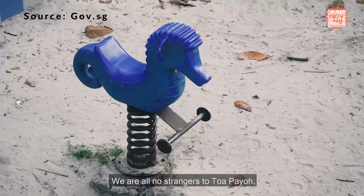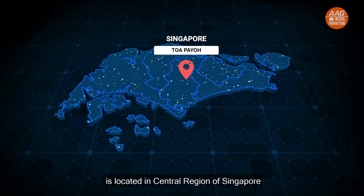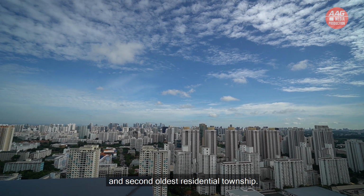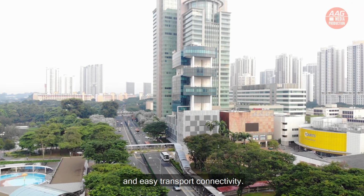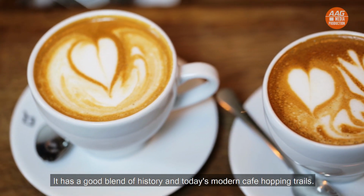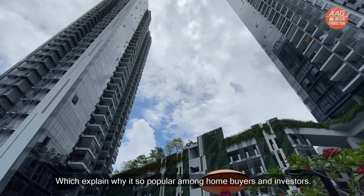We are all no strangers to Toa Payoh. It is located in the central region of Singapore and is the second oldest residential township. Fully equipped with the convenience of amenities and easy transport connectivity. It has a good blend of history and today's modern cafe hopping trails, which explains why it's so popular among